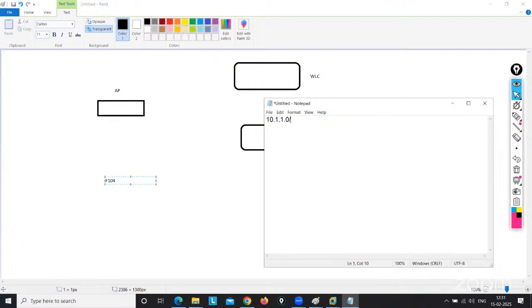I will let you know how to configure the DHCP server, because Infoblox is there. If anyone has used Infoblox, he is aware of the DHCP part. If you are using DHCP on the switch level, you also need to put the option 43. Suppose this one is 10.110/24. This is the AP subnet. Did you get the AP subnet? AP subnet means from this subnet the access point will get the IP. So on this subnet, when we declare this on the DHCP, there is an option called vendor encapsulation. You can see this.